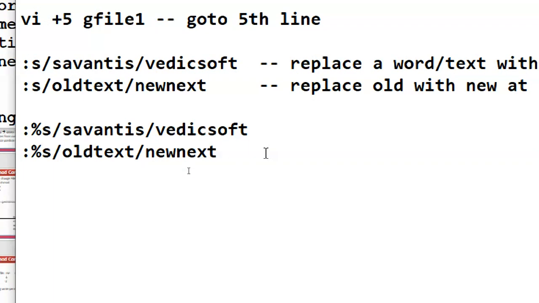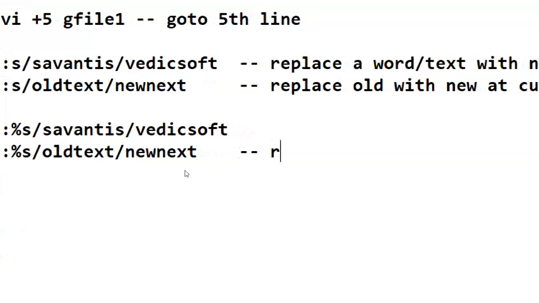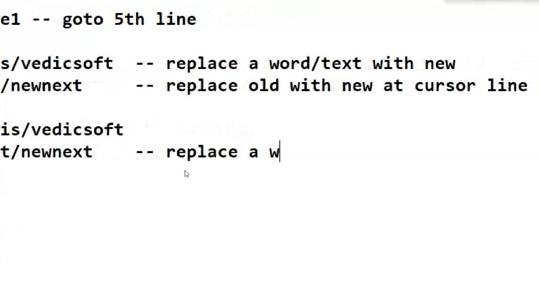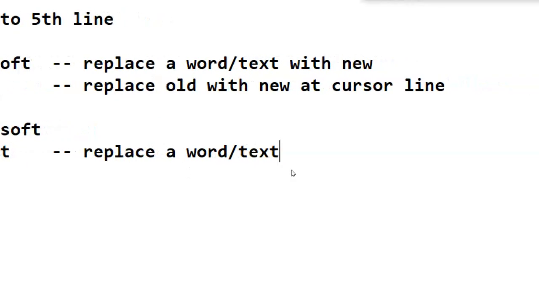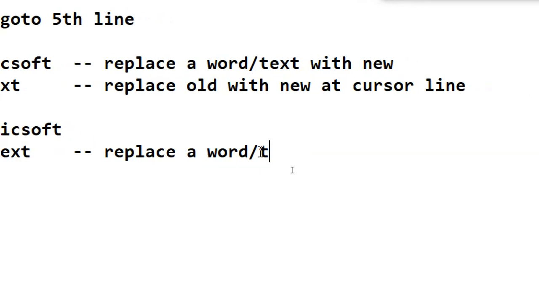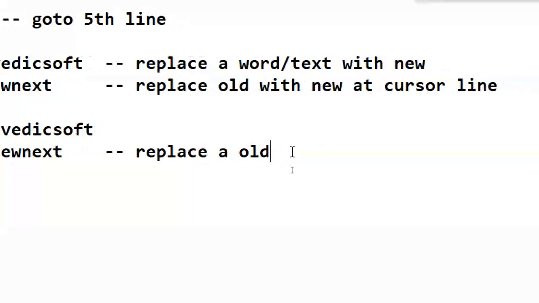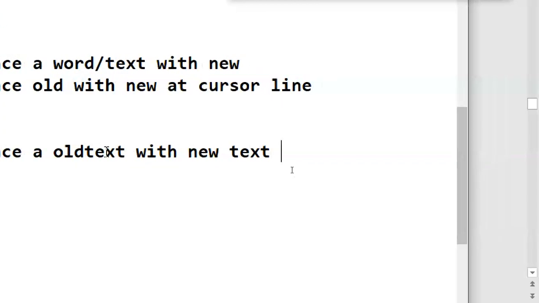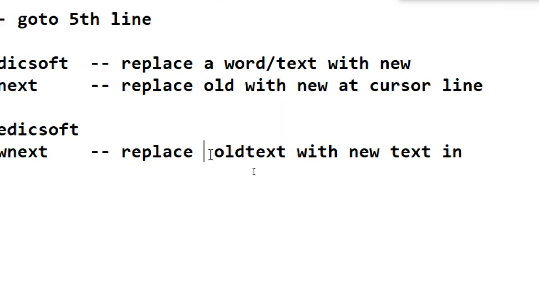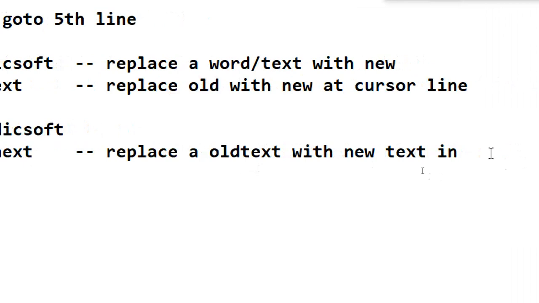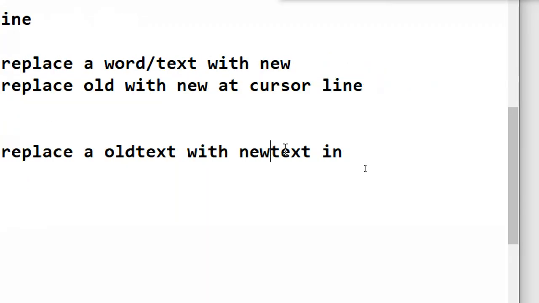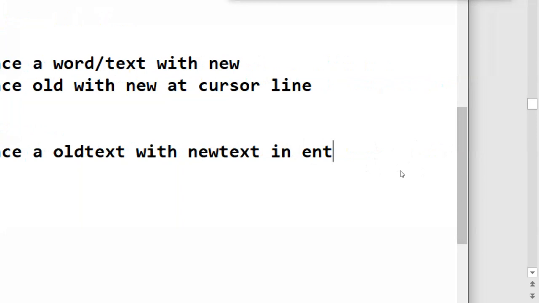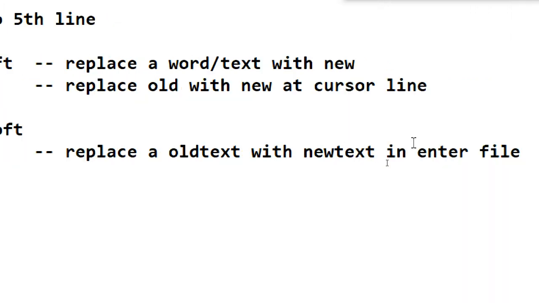I will note this down. It replaces a word or a text, the old text with the new text, in the entire file.